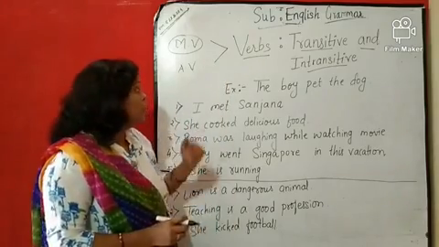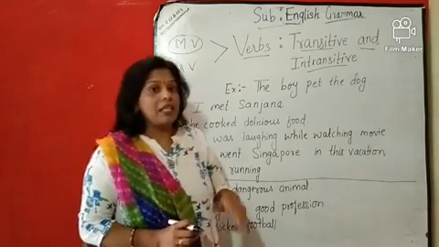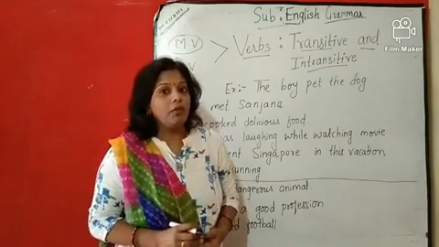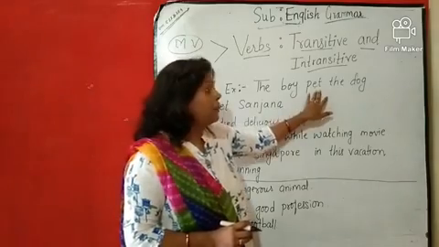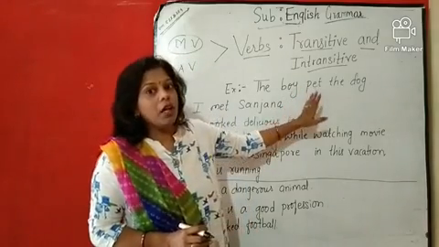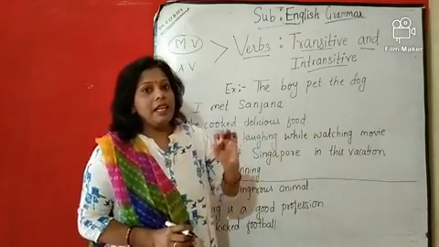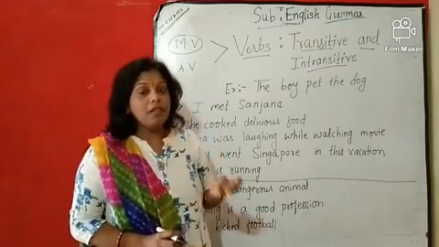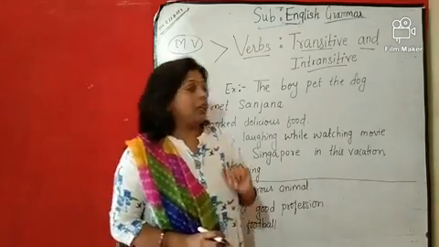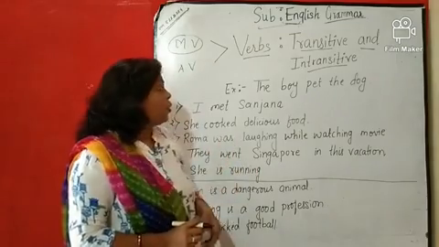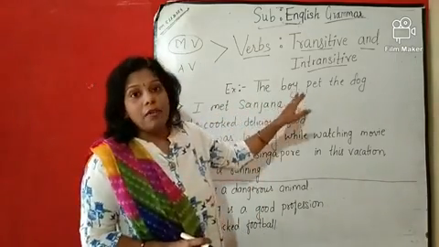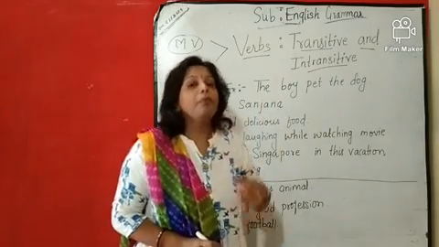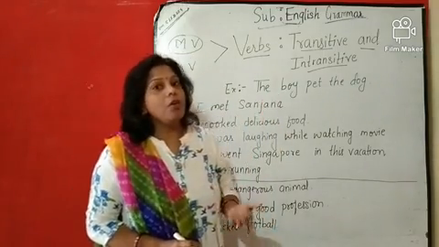Okay, so first of all we will see one example. In that we are going to find out the subject. You know that a sentence is mainly made up of subject, verb and object. What is a sentence made of? Subject, verb and object. First we are going to see an example in which we classify what is a subject, what is a verb and what is an object.